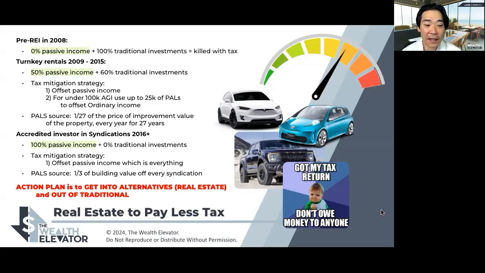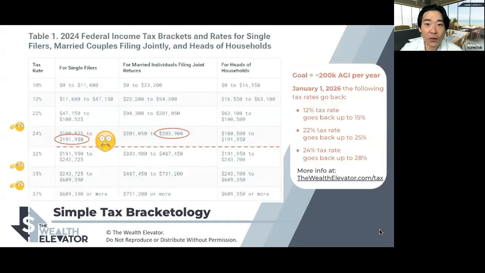But I just wanted to highlight this intermediate category that I went through myself, where I was building up my alternative investment portfolio. Thus, my alternative investment percentage was starting to go down. My passive income started to go up. And then moving on to the more mature, clean passive income. And if you're getting my drift, the idea is getting into more alternatives such as real estate and getting out of traditional investments slowly over time.